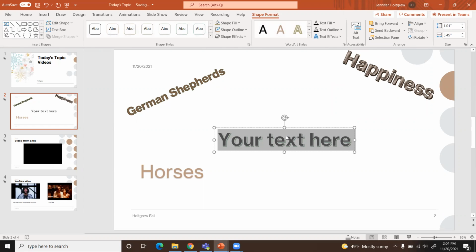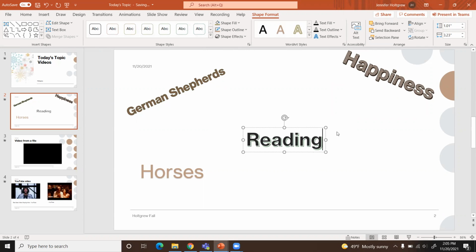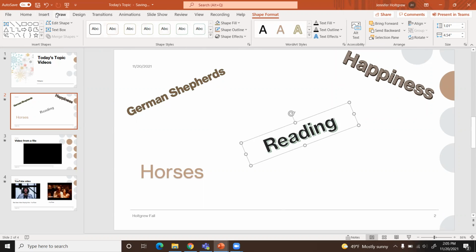So my theme is happiness. So I'm going to put things that make me happy. Big surprise, I'm going to pick reading, dogs, horses, all that sort of thing. Now, what I can do is click on it once and I can spin this slightly. Okay, I can make it a little bit bigger if I so choose. And I can do that over here